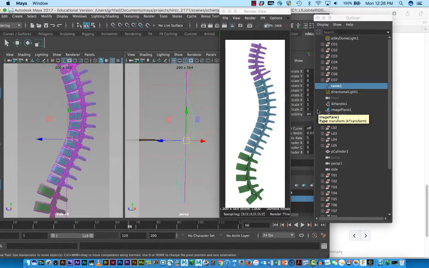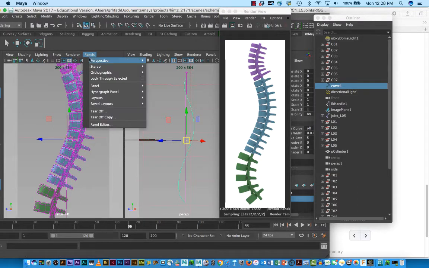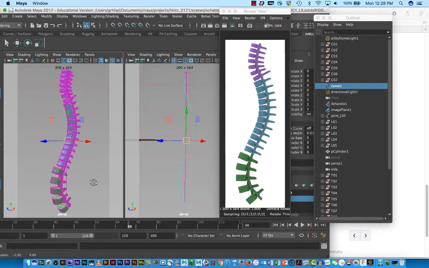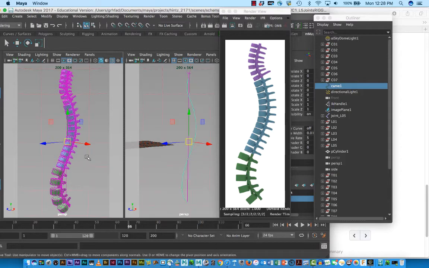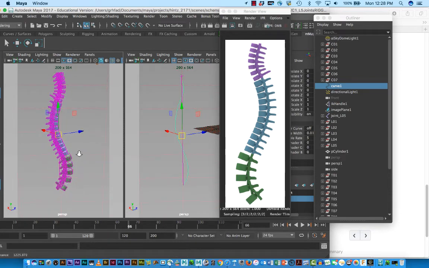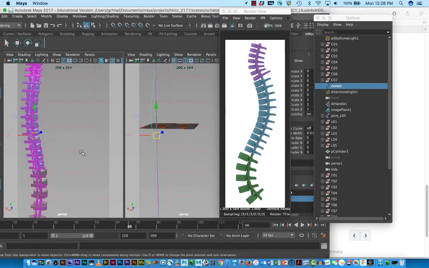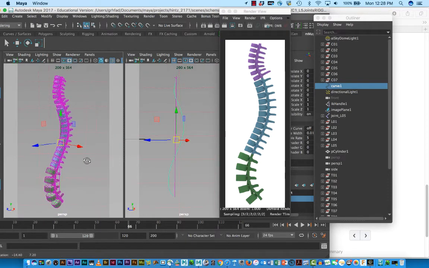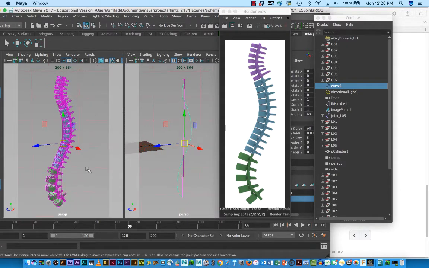Now, here's the reason I wanted to make the tape. We can obviously go to the perspective window here and move the camera to get the anterior lateral view. All right. The problem is, how do I get the posterior lateral view? I can turn around that way as well. Okay. But if I really wanted to get an exact opposite, what I could do is